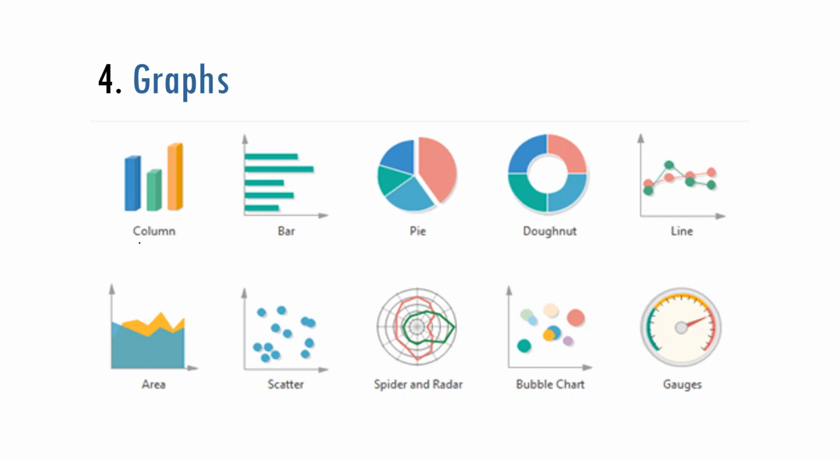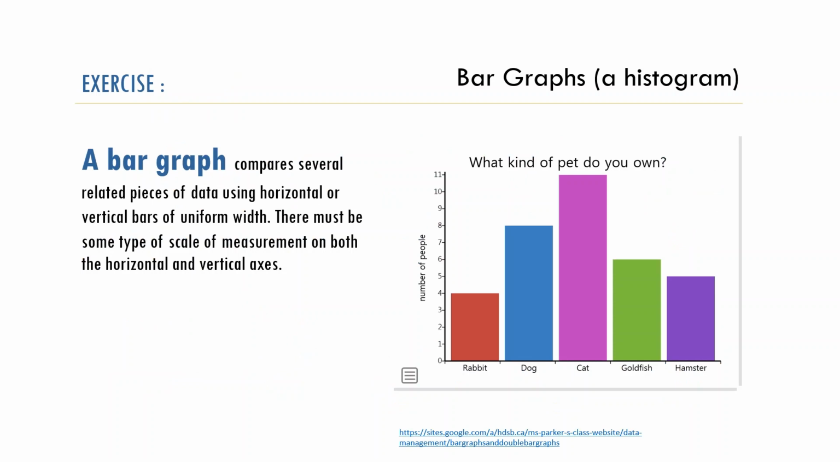This can be a column graph, bar graph, or pie graph, donut, line, some areas or some spiders, or some bubble chart, or some gauge chart. So all kinds of graphs like this can represent anything that they want to represent. Okay, and the first one that I'm gonna talk about is one of the most basic ones,